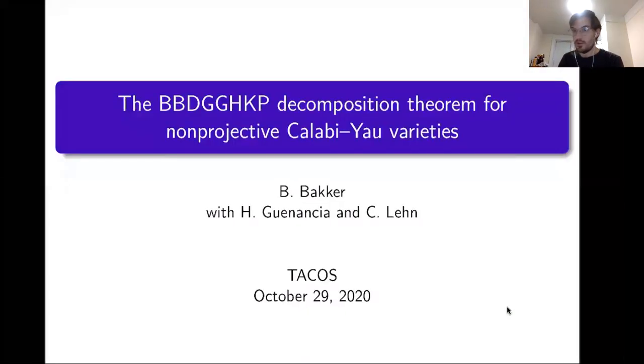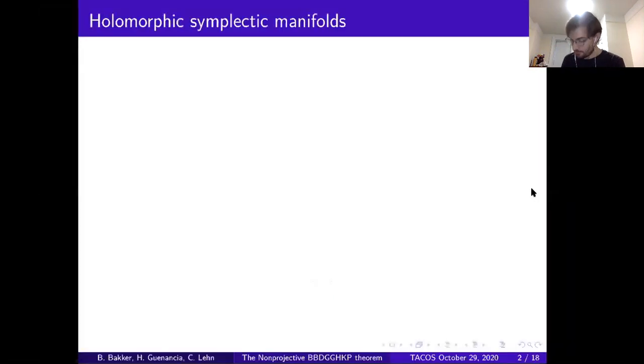Okay, so I am going to be talking about some recent work with Henri Guenancia and Kristen Lane on the BBDGGHKP decomposition theorem for non-projective Calabi-Yau varieties. If you don't know what that is, then hopefully that'll become clear very soon. So let me start with the definition you will surely see many times this session, namely that